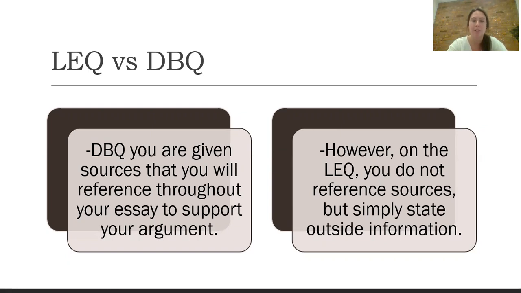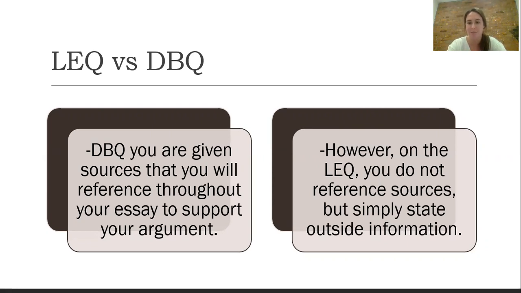For the DBQ, you're given sources that you will reference throughout your essay to support your argument. You have 7 sources that College Board chooses, and you'll use those to answer the prompt. This will be similar to what we do in class, where you are given a prompt. You're supposed to reference your sources as evidence by saying something like, this is seen in source 2 when it